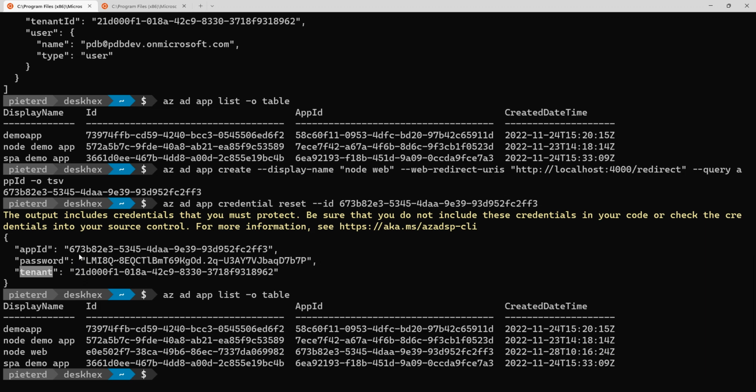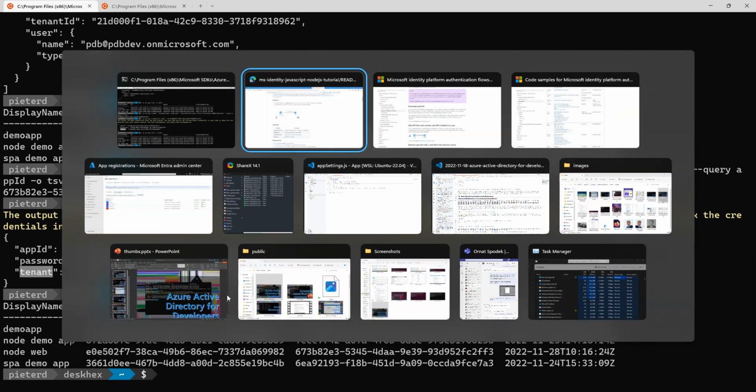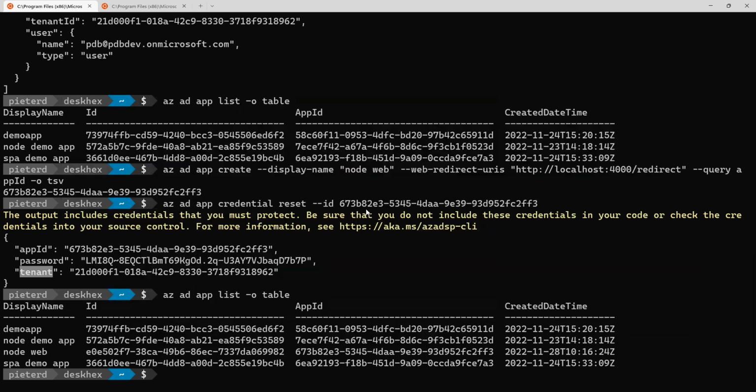In this case, I've also checked that my new list of app registrations contains one additional one, because I ran into a scenario where I created actually the app in a different directory. But here all this looks good. Then when we go to the code sample,